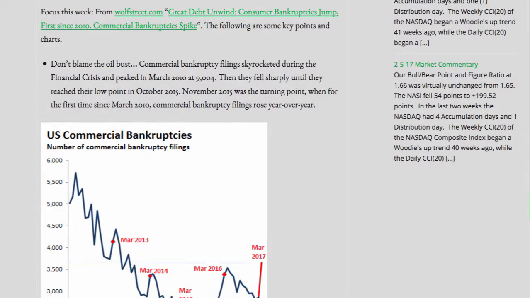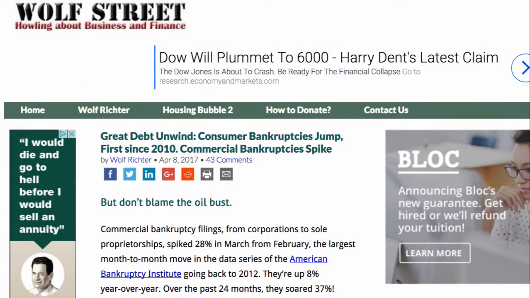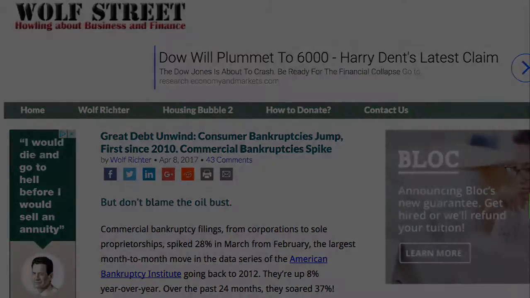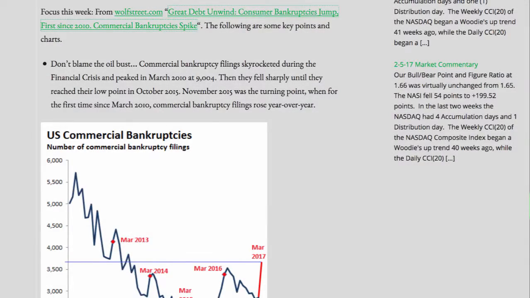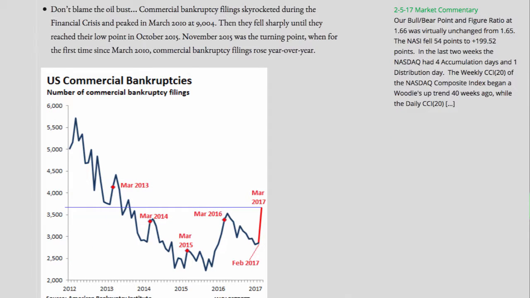Focus this week from www.wolfstreet.com. Great debt unwind. Consumer bankruptcies jump, first since 2010. Commercial bankruptcies spike. The following are some key points and charts. Don't blame the oil bust. Commercial bankruptcy filings